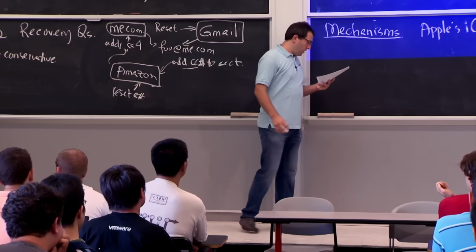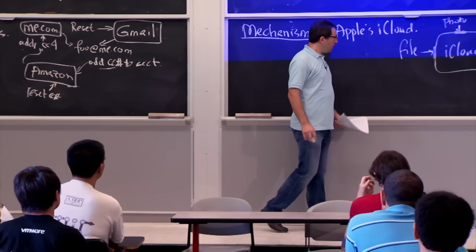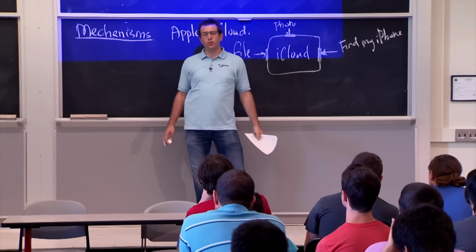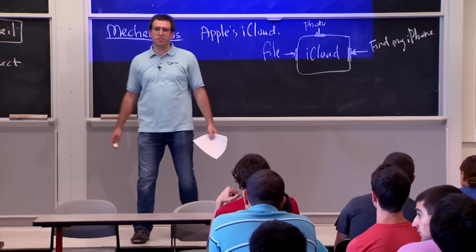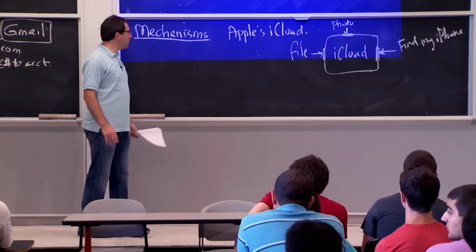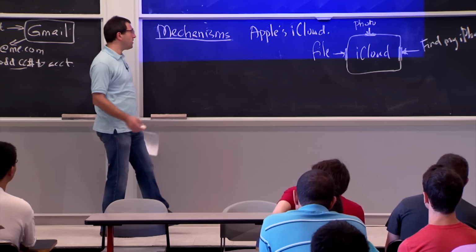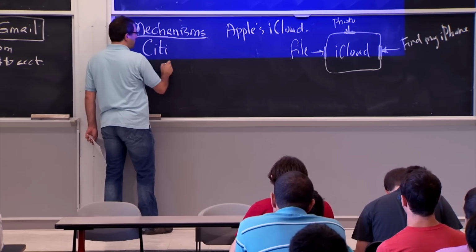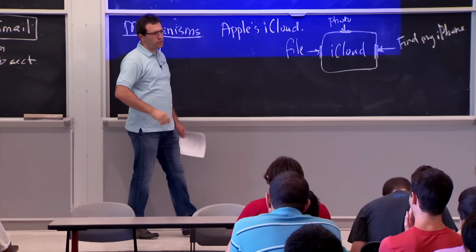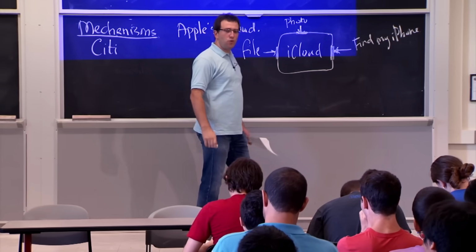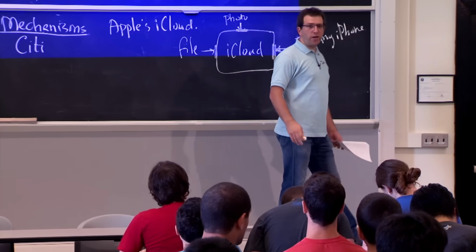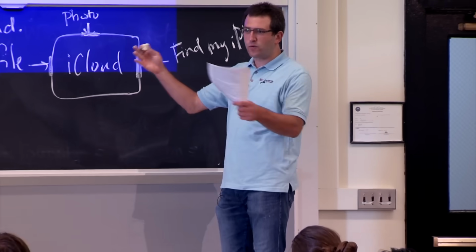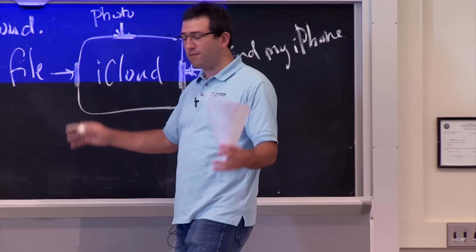All right. OK, so another example. This is sort of an example of you forgetting to check for password guessing attempts. There's many other things you can forget. You could forget to check for access control altogether. So one example is Citibank had a website, actually still has a website, that allows you to look at your credit card account information. So if you have a credit card with Citibank, you go to this website, it tells you, yeah, you have this credit card, here's all the charges, all this great stuff.